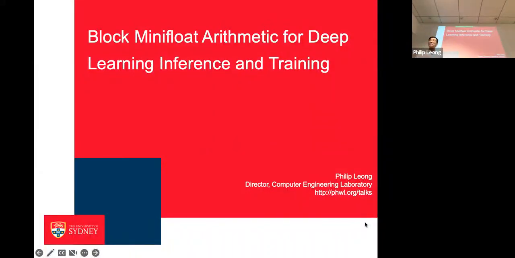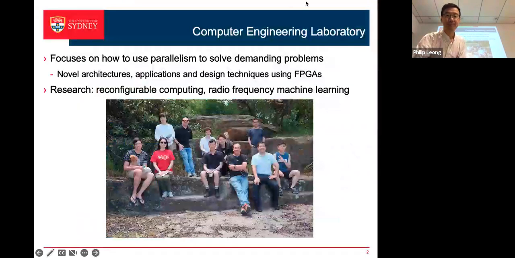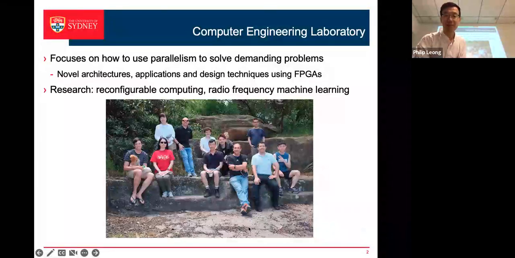So I'm going to talk about some work that we've done over the last 2 years or so on an arithmetic scheme, which is designed mainly for deep learning training, but it can also be applied to inference. Before I start,